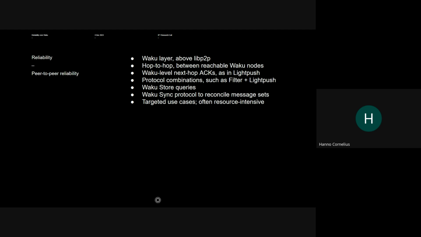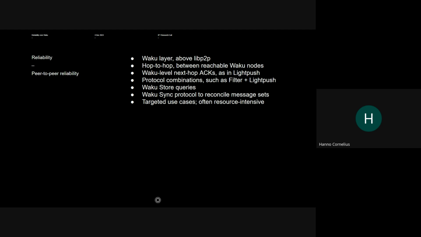Note that all of this happens on the Waku layer, so it remains completely agnostic as to what applications are actually looking for, right? So we don't know anything about the applications and what messages they're sending, because we don't have access to that information within the Waku layer. So that makes these measures quite expensive, right? Because you operate on the entire routing layer and all messages of all applications being sent around. So we mostly use these protocols for now for very targeted use cases, very often in terms of our service infrastructures, where we need these hop-to-hop guarantees.